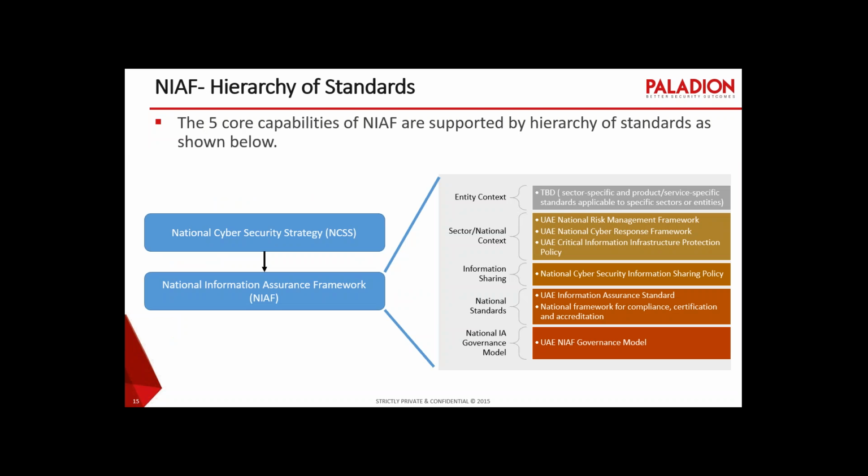So at the high level, NESA has defined the National Cybersecurity Strategy, which we have touched upon, and it talks about 5 strategic focus areas. And then to support NCSS implementation, NESA has defined an NIAF, which talks about those 5 core capabilities which you have seen. And then to roll out those 5 core capabilities, NESA has defined multiple different standards. So we have spoken about entity context as the first capability, then sector national context, then information sharing capability, then national UAE standards, and then finally the IA governance model. So for each of these core capabilities, NESA has defined